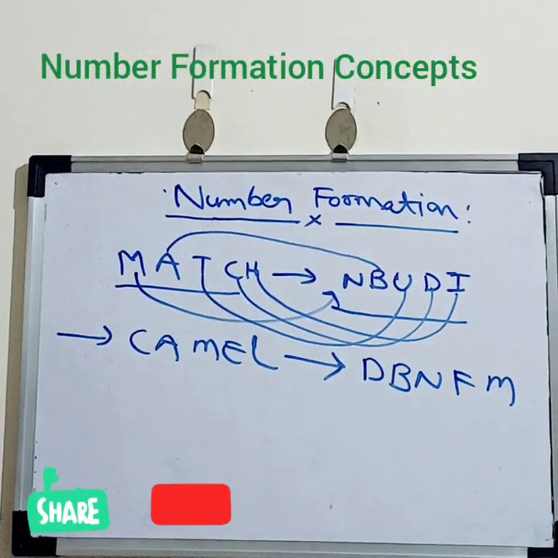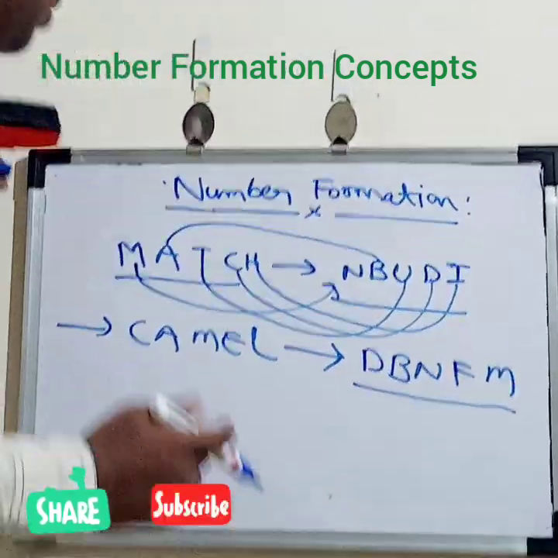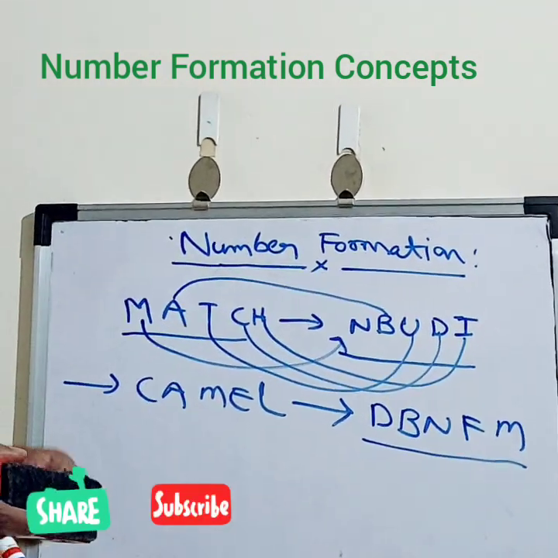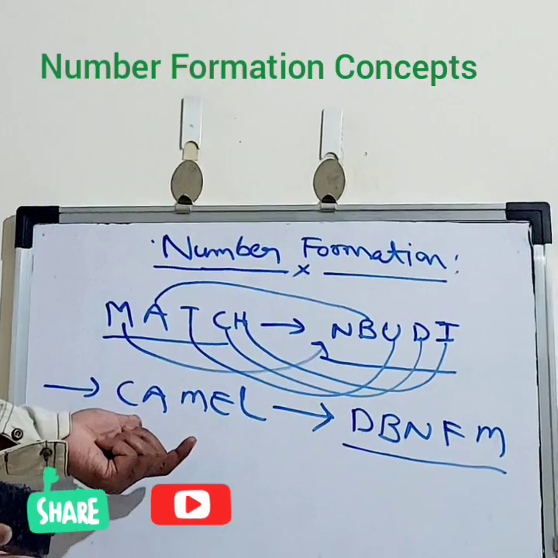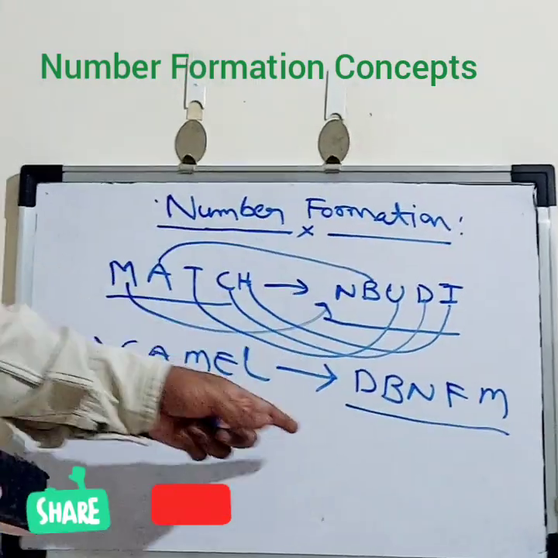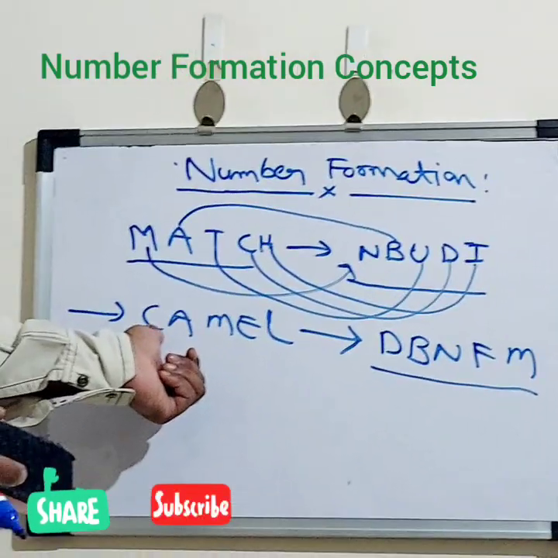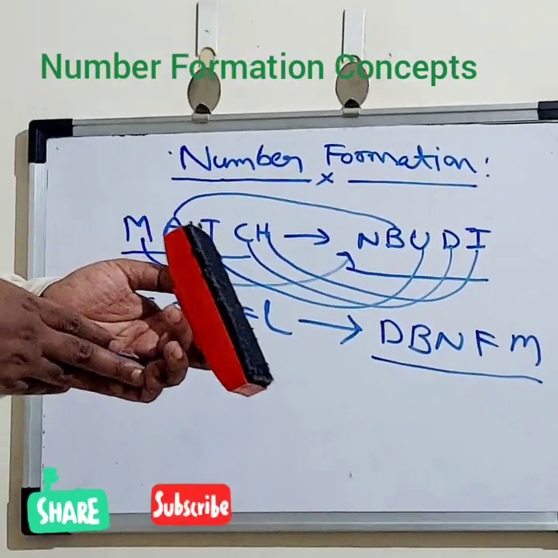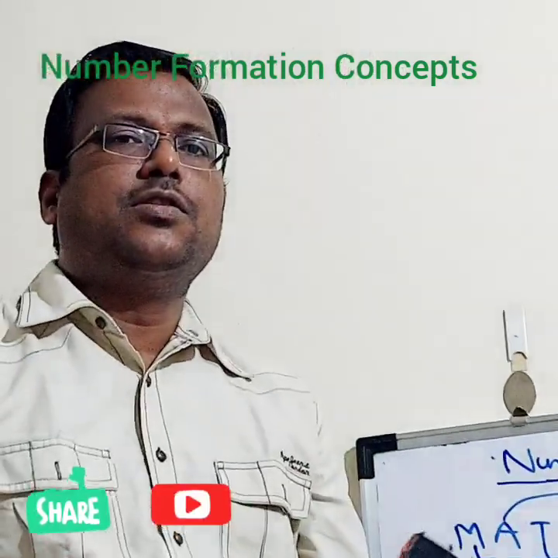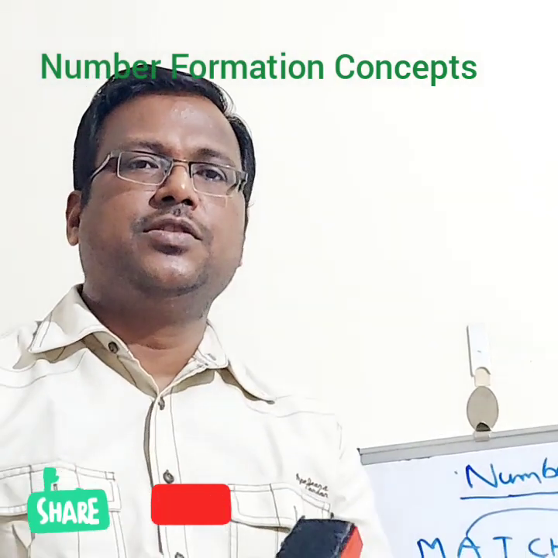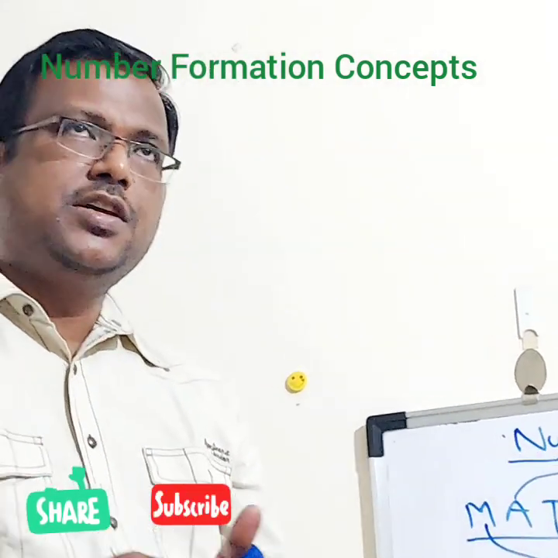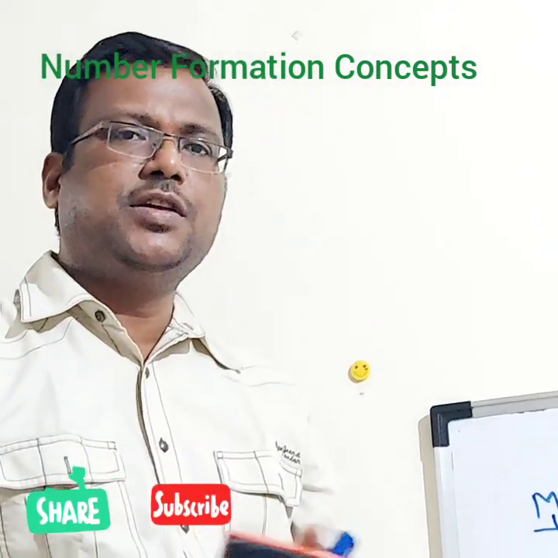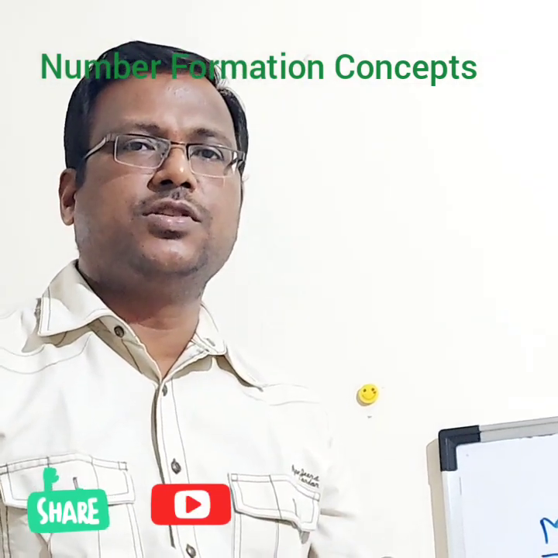This is the way we can find the answer in the simplest way. You are finding the relationship between the given word and the formed word, and the same logic should be applied to the given question, because CAMEL is given. So we have taken the next letter, the successor, of each letter. This is all related to logical reasoning questions and number formation questions. Just apply the logic by seeing the question. First we need to read the question thoroughly, then we can answer the questions very efficiently, in less than 1 minute only. Thank you all.